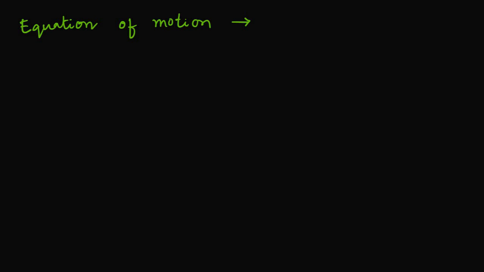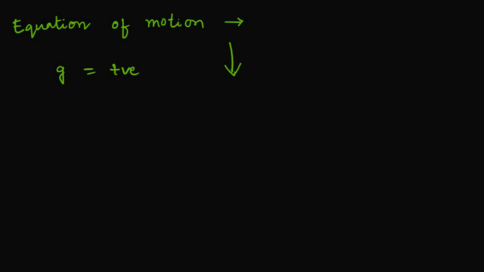So the equations of motion remain the same, obeying Newton's law, and you have to apply them. Now, in the first case, when the downward direction is taken positive, g is always positive when the body is moving downwards, remember. And g is taken as negative whenever the body is thrown upwards. A typical example is you are throwing a ball upwards. There you should take g as minus 9.8 meter per second square.